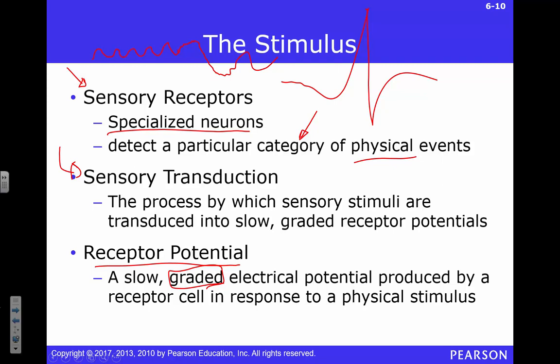If this was a pass-fail course, anybody ever taken a pass-fail course, credit, no credit, right? That's what we would think about for an action potential, right? That's an all or none. You'd either get all the credit for that class, or you got none. Right? In this class, you can get some of the credit. You get 75% of the credit, right? That's a possibility.